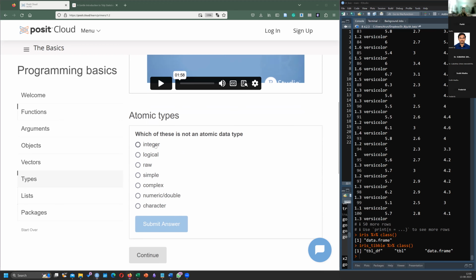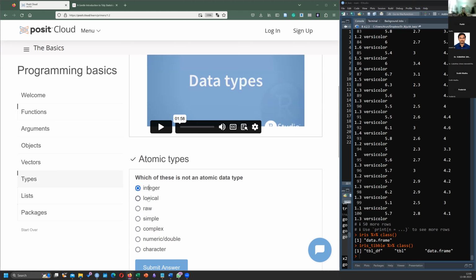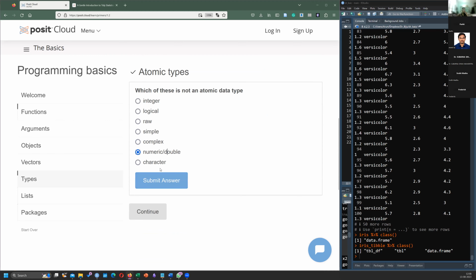Let's see, integer could be. Let me submit the answer. They're saying incorrect, try again. The options are integer, logical, raw, simple, complex, character. Okay, let's try complex.